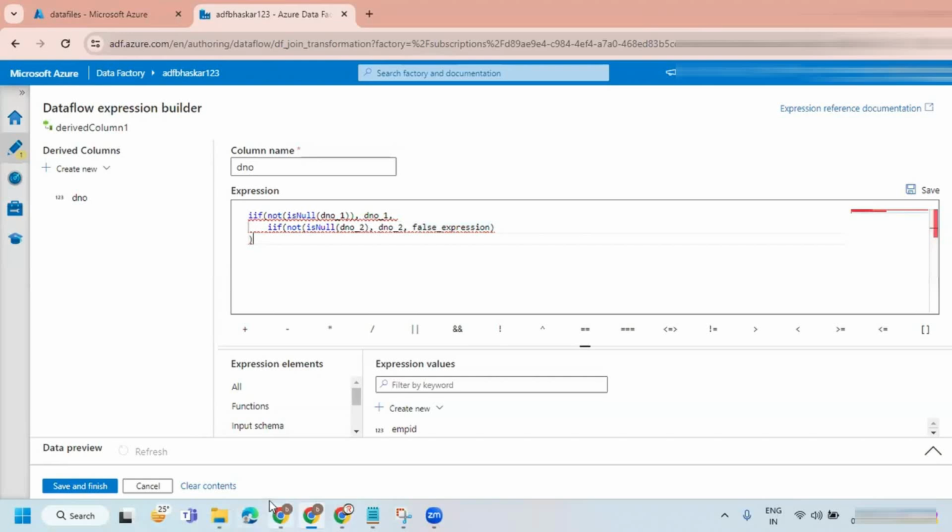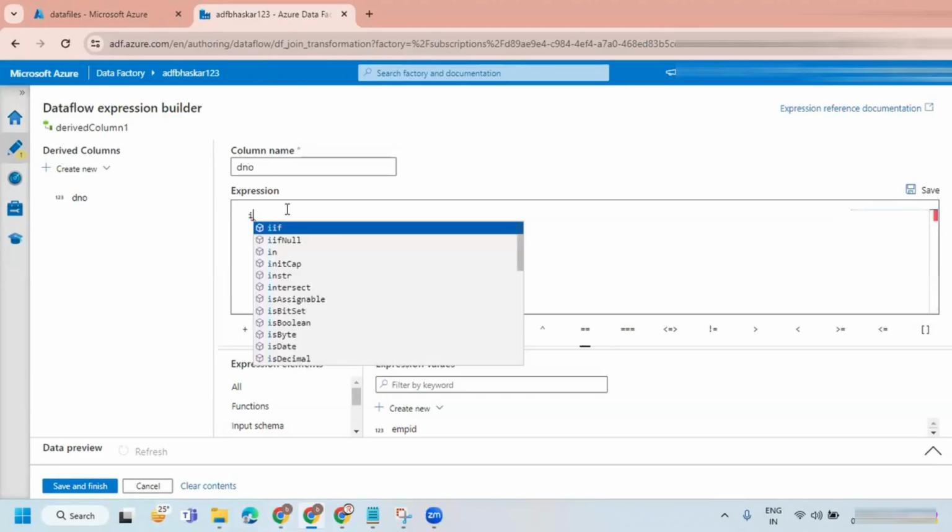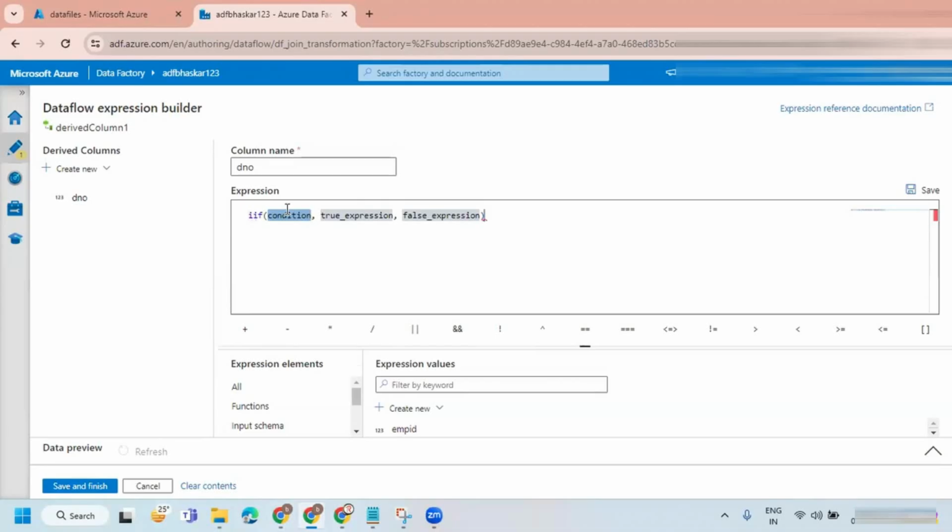Something is missing here. Go with one by one. Not of is null of D number underscore 1. If it is not null, then I wanted to take D number 1 only. Else I'm just taking a 0 for the time being. I'll come back to here. What happened?